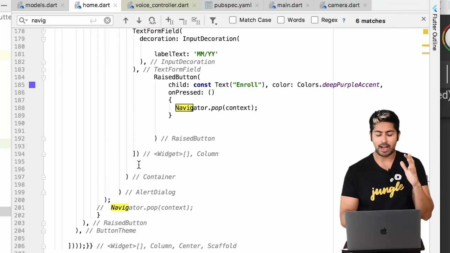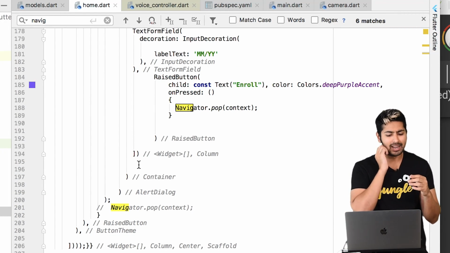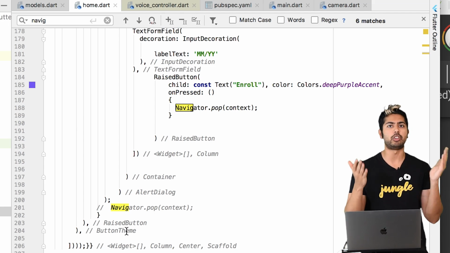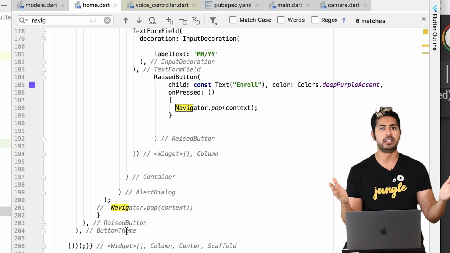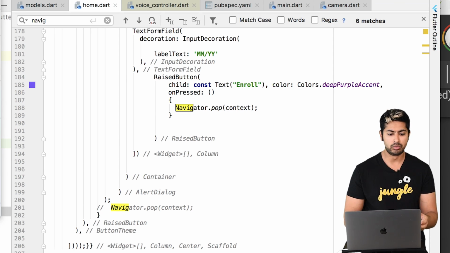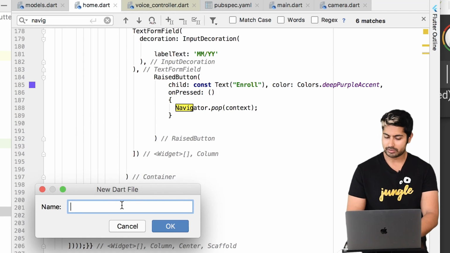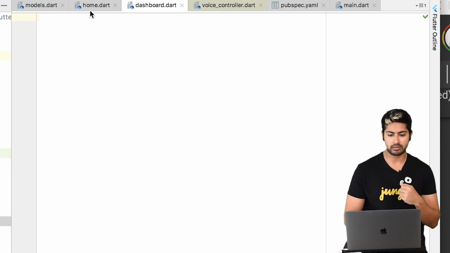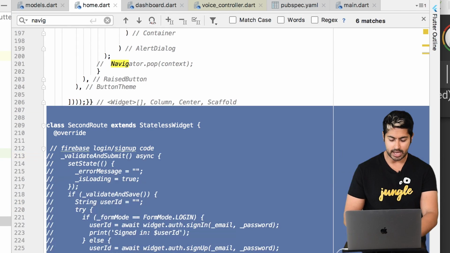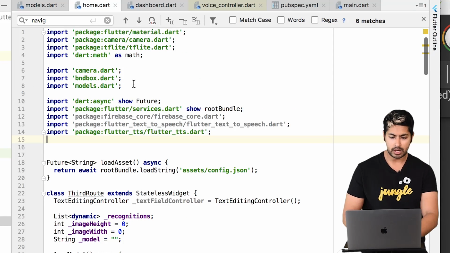So I did something really, really hacky. I just put everything in the home.dart file, but you can just, these are class files. This is object-oriented programming, just like Java, just like most programming, it's object-oriented. So what you can do is you can just say file, new, you could say Dart, there we go. And we could say, whatever, dashboard, and then store the class in that, and just say, well, here's that entire class, and then just call it from there, and then import that class from here. So say import